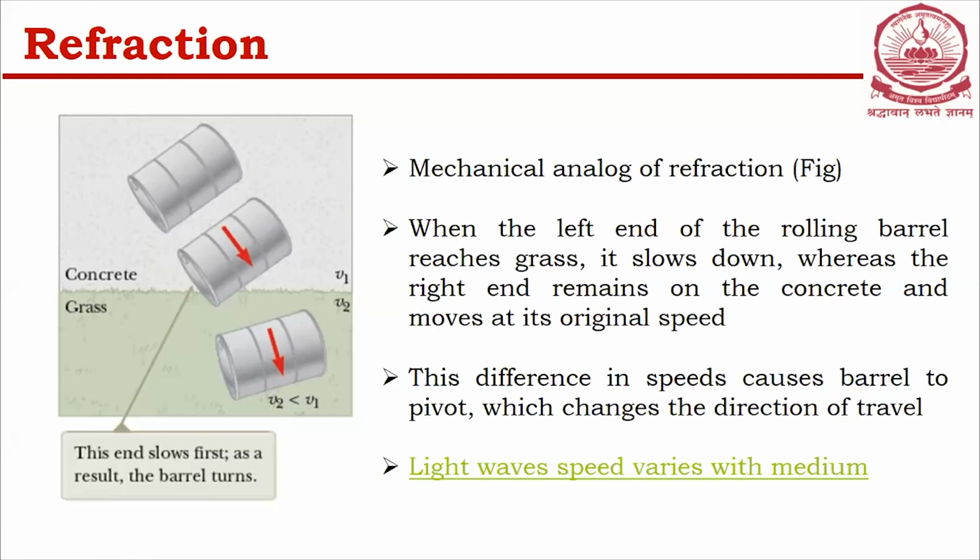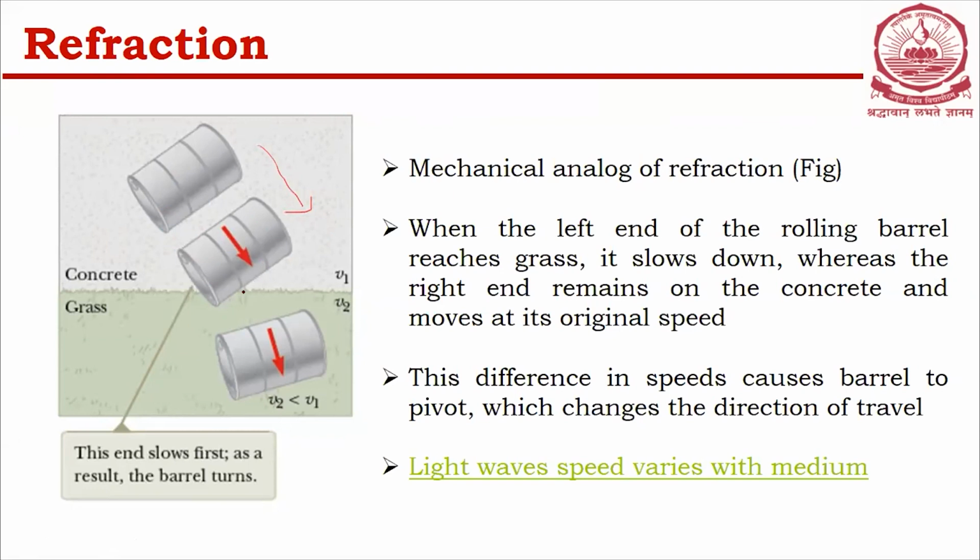So this is rolling in a particular direction. You can see the direction in which it rolls. On this concrete surface, the speed is constant. There is no change. But because it rolls at a particular direction,